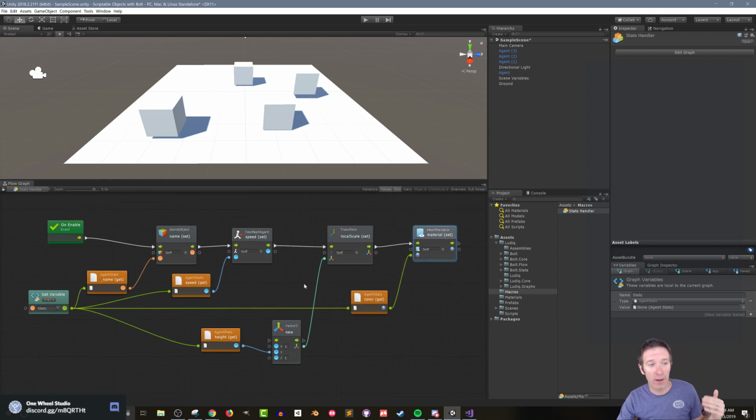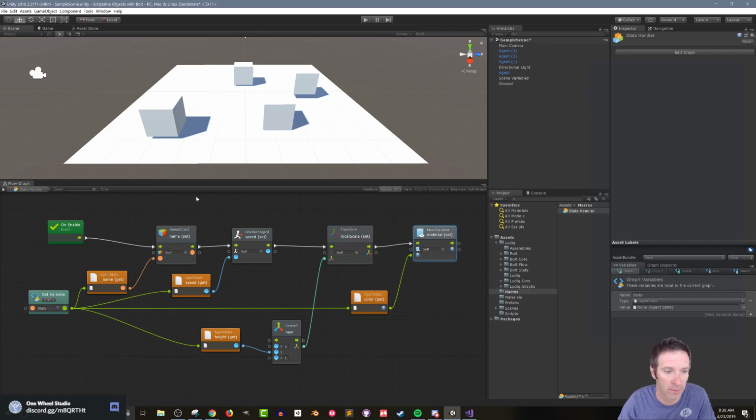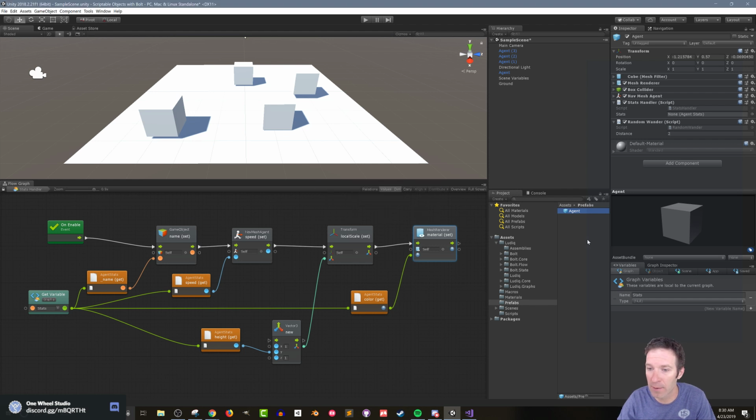So that is what this flow graph should have, the identical operation of this code here. So 22 lines of code, more or less reproduced in a dozen blocks. Not too bad. Okay, so let's go to our prefab here, and I'm gonna duplicate this prefab, and I'm gonna call this bolt agent. Spelling agent right now. Okay. So the only reason I'm doing that is so that this prefab,